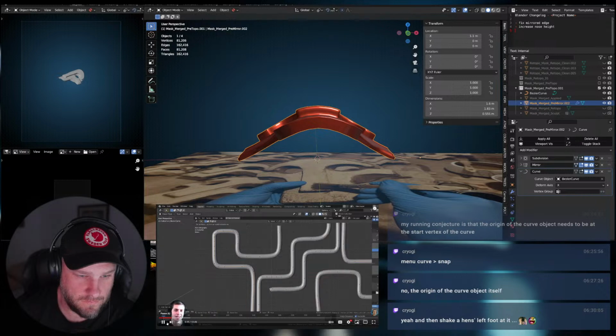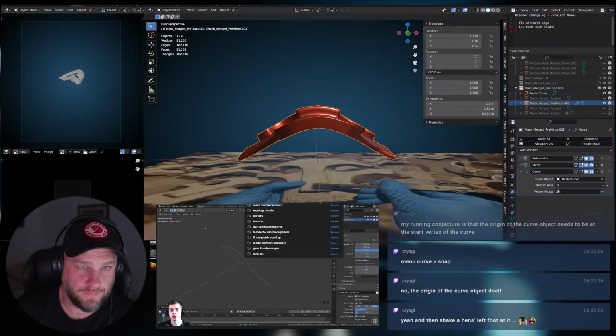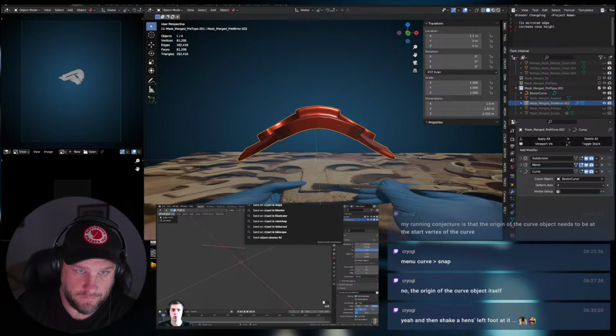Now, curves don't act like regular mesh objects. You can see here, if you tab into edit mode or just go over here to edit mode, they only have an edit mode and